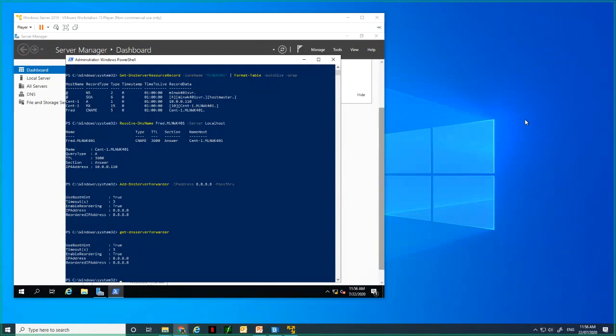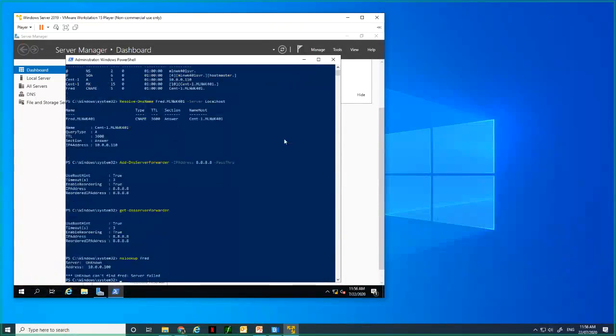So basically we have a table entry, we can look it up, we have attached an email address. So if I do a DNS lookup on Fred, we'll